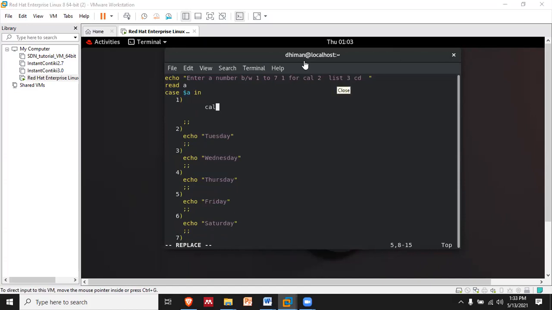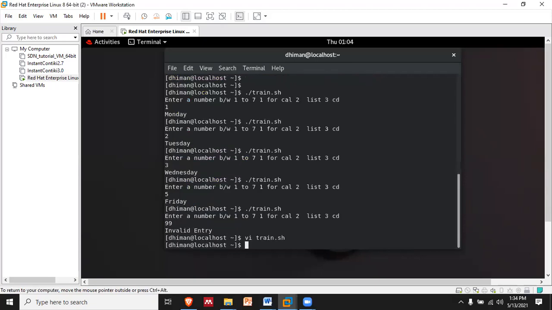Gedit is nothing but an editor. It is a graphical editor also. So you can open a file, nothing else. Like VI, we are using VI. You just replace the keyword VI with Gedit. If you have Gedit, then it's okay. If it is not installed, then you can replace the keyword Gedit with VI editor, right? Nothing else. No need to worry about it if it is not installed, right?